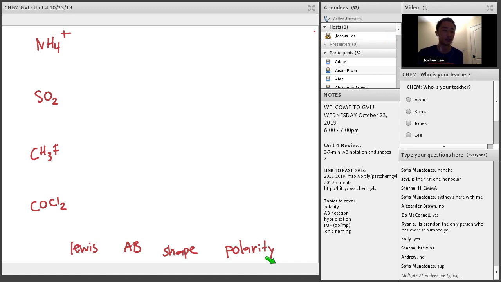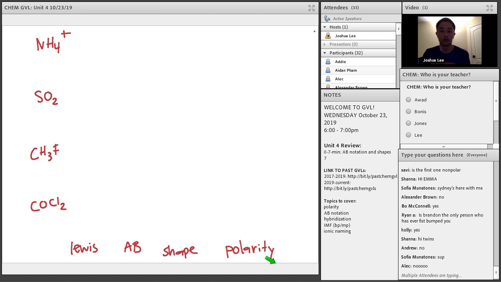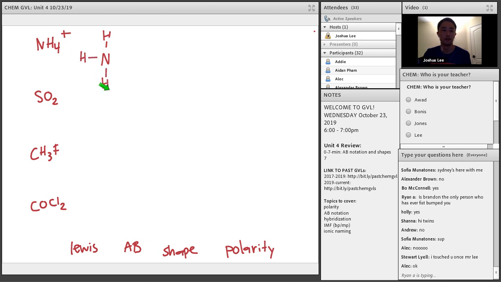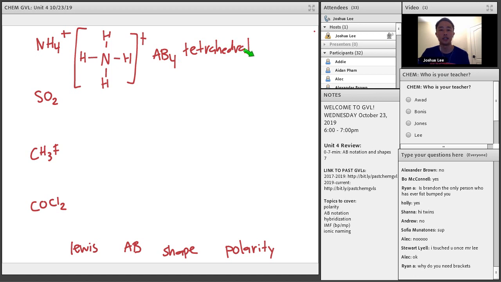Alright, let's go over this. NH4. You guys will stop me if you have questions, because I'll just do the Lewis dot structures. If you forgot the brackets, it's wrong. H4, this is AB4, this is tetrahedral. And the polarity is